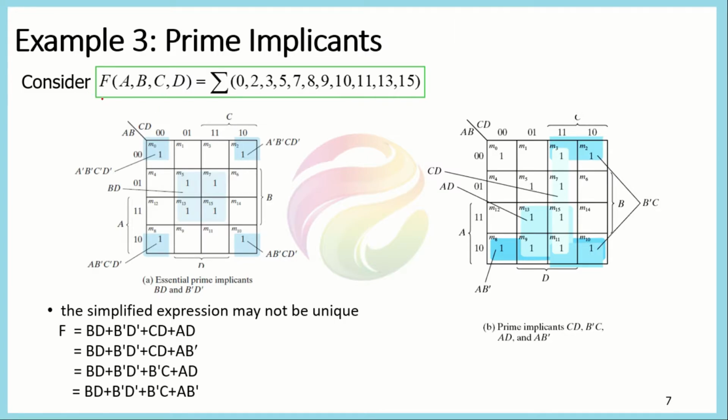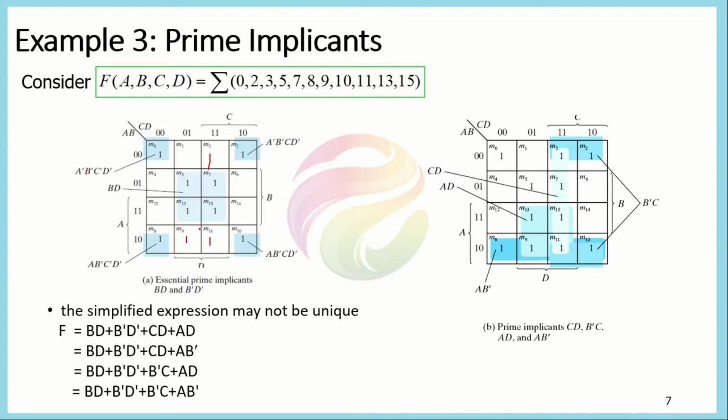Say we have an example here, represented as a 4 variable system. First, we put the 1 in all the values here, all the minterms. So this is the first diagram in which we have just found the essential prime implicants. We have ignored a few ones here, similarly a 1 here, and a 1 here. We just ignore them for this purpose.